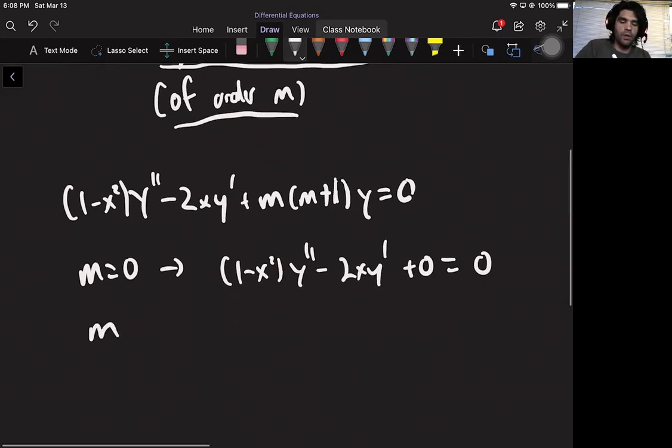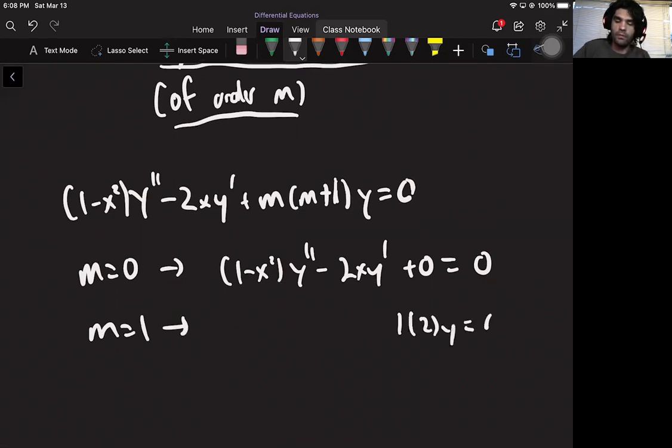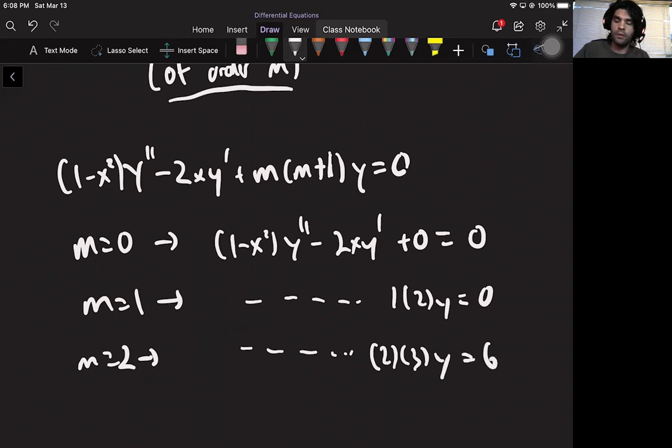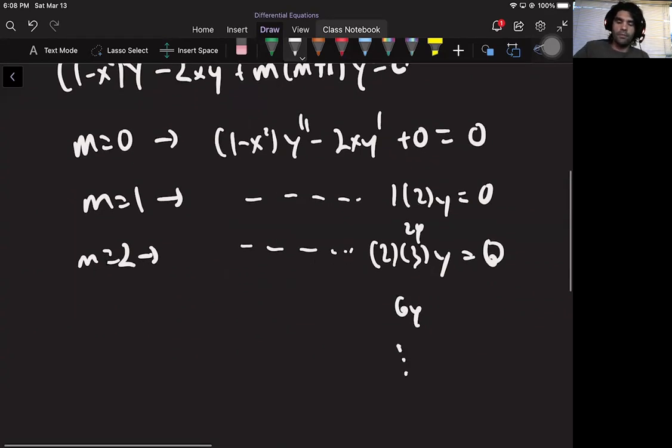If I plugged in 1, then everything would be the same, except at the end, this would be a 1 times 2y equals 0, but the rest would be the same. If I plugged in 2, I'll just do one more. This would all be the same, but this would be 2 times 3, so it would be a 6y. This would be a 2y, and so on. So you get different differential equations depending on m,